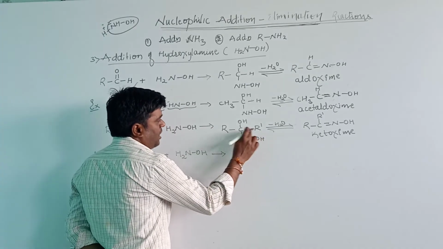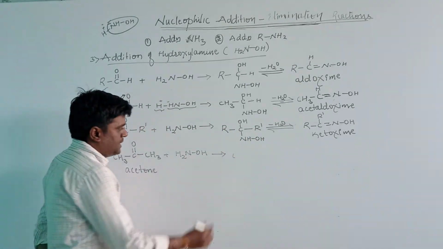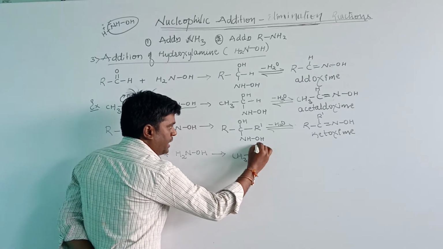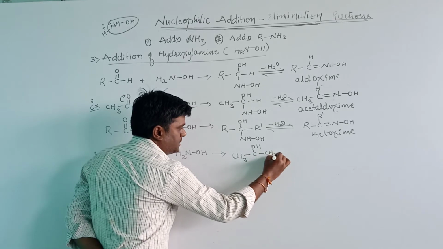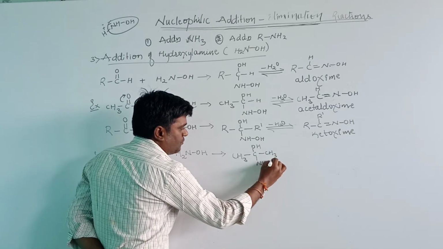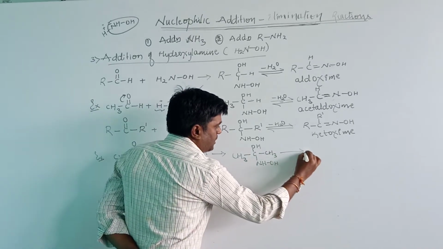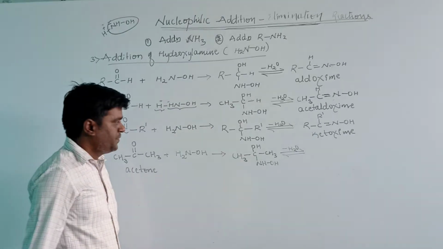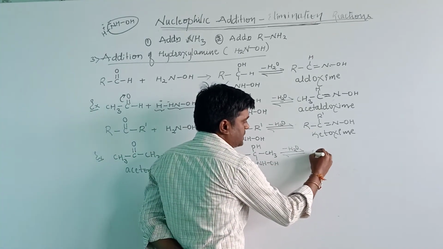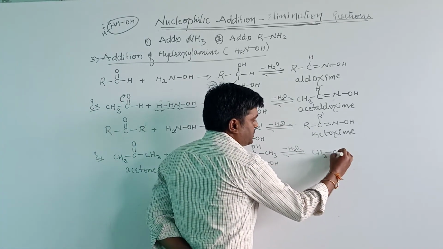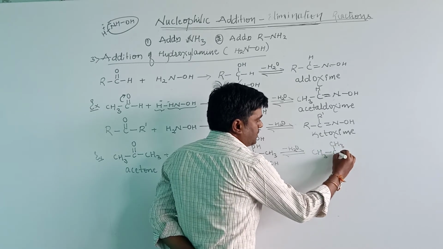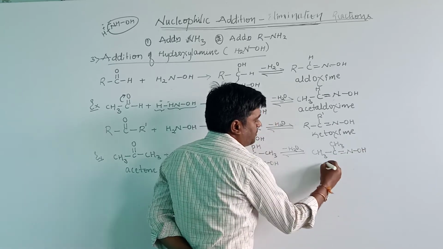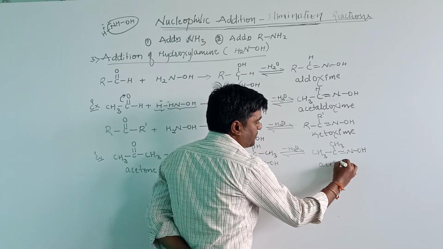In the place of R, we can write the CH3 group, that is CH3 C(OH) CH3 NHOH, which further undergoes dehydration, that is elimination of water molecules, to form the main product, that is ketoxime. We are using acetone here, therefore the compound is acetoxime. The main product is an acetoxime.